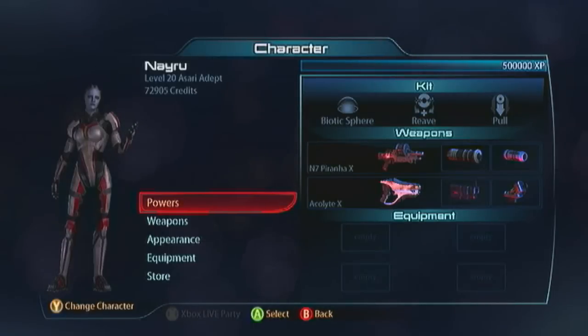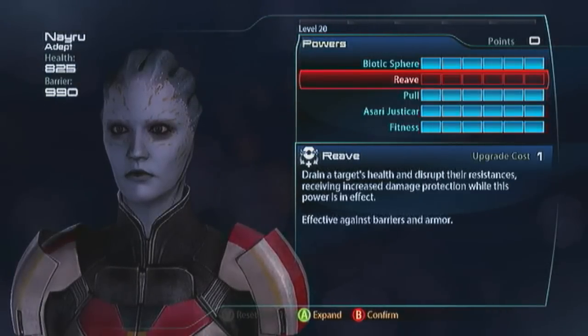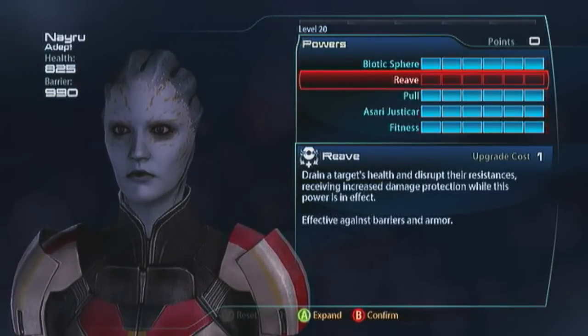We're going to jump into the build here, and I'm pretty sure some of you are going to be like, what? You're not using Reave on the Asari Justicar? Stick with me, guys. It is kind of crazy, but it's good crazy. The reason I skip Reave, in all honesty, if you were going to take this build